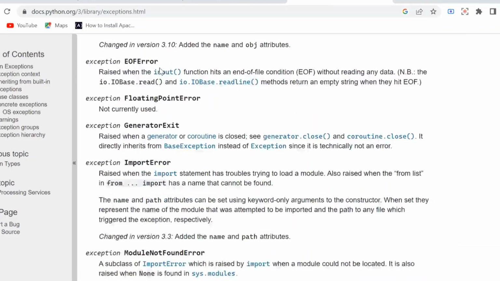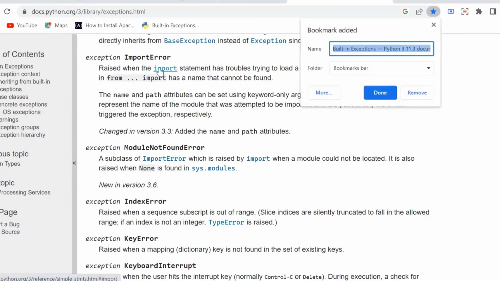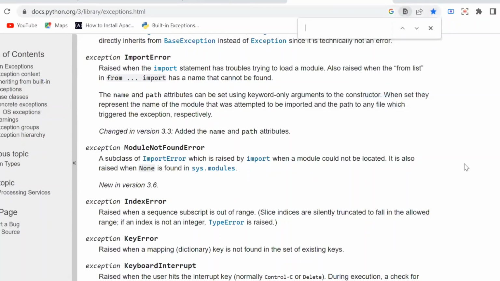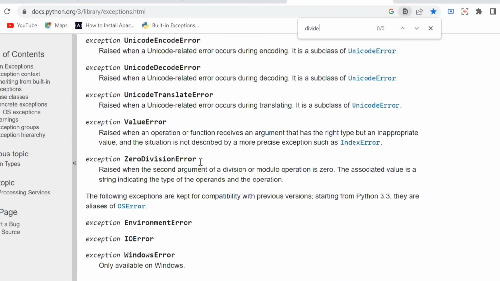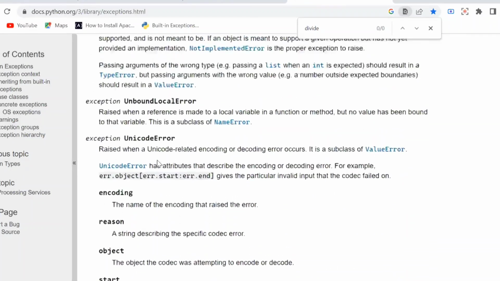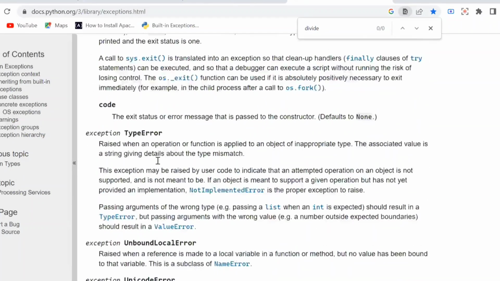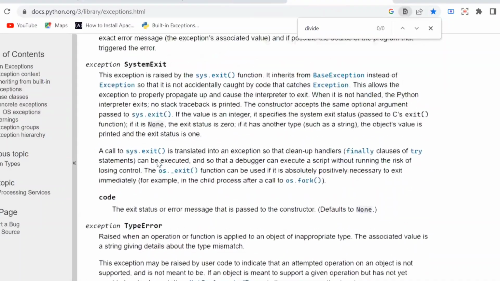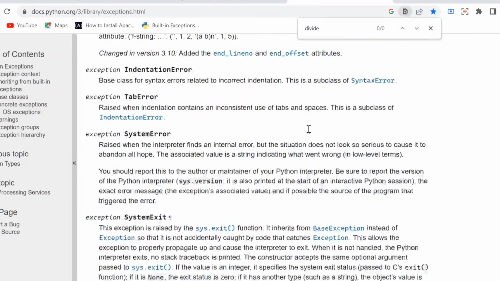Or let's say divide by 0 will be there somewhere, ZeroDivisionError, right? Ankit, do we have arithmetic exception, null pointer exception here also, like Java? Yeah, we will have most of the exceptions that you have in Java here also. So you can check the built-in exceptions in Python and you can use those.